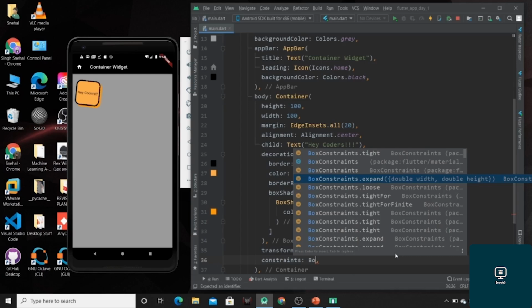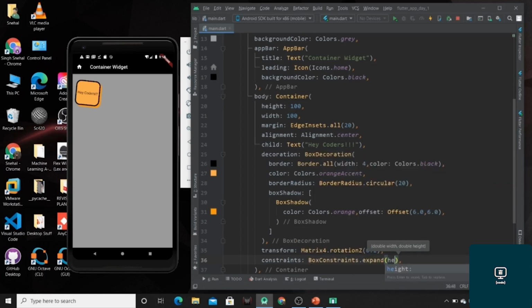For that you have to mention the height or width about which you want some constraint. So just hit Ctrl and S. I can change the height also. This is the type of constraint we can give to our container.